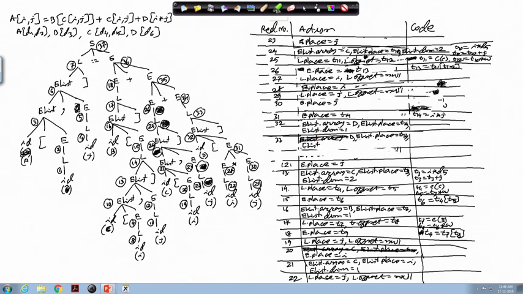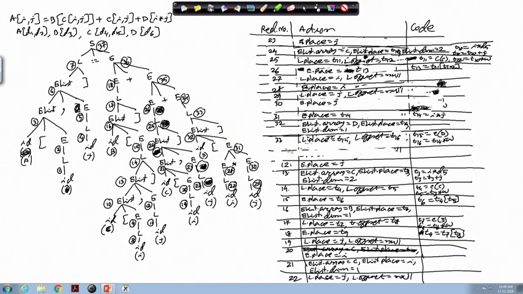Sorry, no, reduction 33 is this one, L producing Elist bracket close. So, 33: L.place is equal to a new temporary T15, and this L.offset is equal to another new temporary T16, where T15 code is equal to the constant part of the D array, and T16 code is equal to T14 * W.